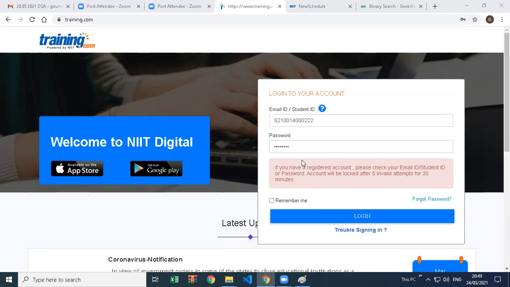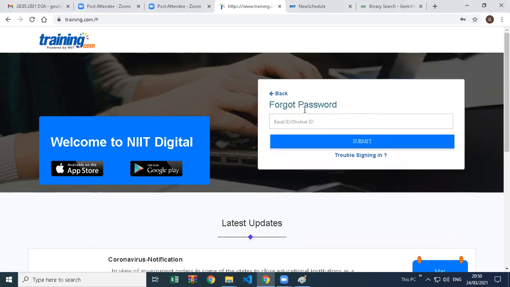I think on mobile you have saved a password. Are you typing the password on your mobile phone? No, using fingerprint. Yes, you have to click forgot password. Once from the desktop, put your email ID here and submit. You will get one OTP. Put that here, set a new password, and then try to log in from the desktop. You can use the same ID password from your mobile phone as well. Okay, so try this.